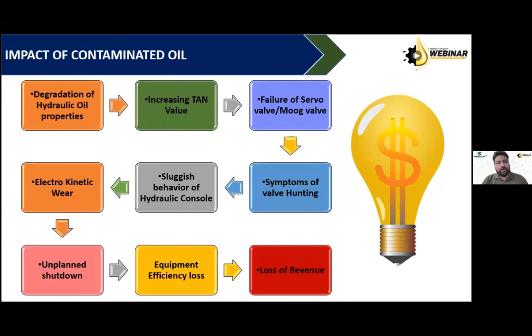For example, if you have a hydraulic press and it is supposed to function at 210 bar, but there is a problem with the relief valve after the pump, which maintains the pressure of 210 bar. Suppose there is a problem with that valve, there is contamination in it, and the valve is not functioning. There would be an entire loss of pressure. There would be a complete loss of the force which you want to apply on your job. And ultimately, that hydraulic press would not deliver the right quality of product. Either it would be stuck, or it would be delivering a wrong